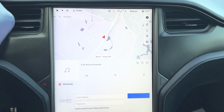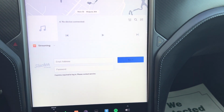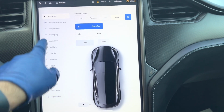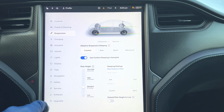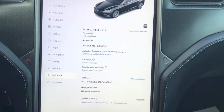Navigation, backup camera, parking sensors, heated seats, climate controls, adaptive suspension. Exact mileage is 48,995. Comes with base Autopilot,